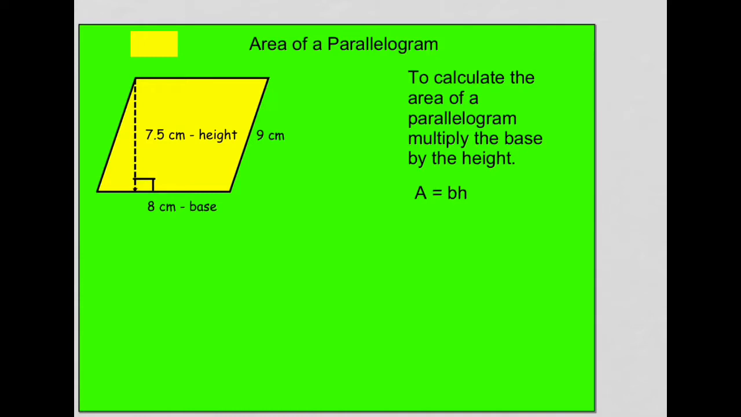Hopefully you already watched the first video I made on why a rectangle and a parallelogram are very similar and basically have the same area calculation. Now I want to focus more on parallelograms in this video, and I want you to take a look at